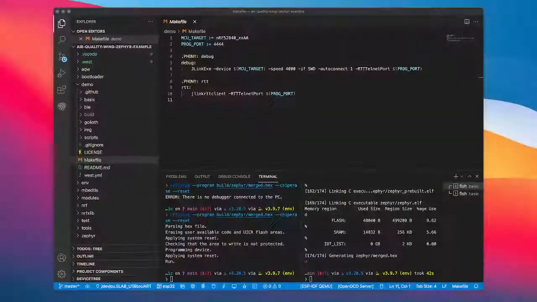Let me see if it actually wants to go now. Otherwise, I might have to switch it to a different one. So let's see if this works. Sweet, it's programming. All right, I will switch back over to VS Code,